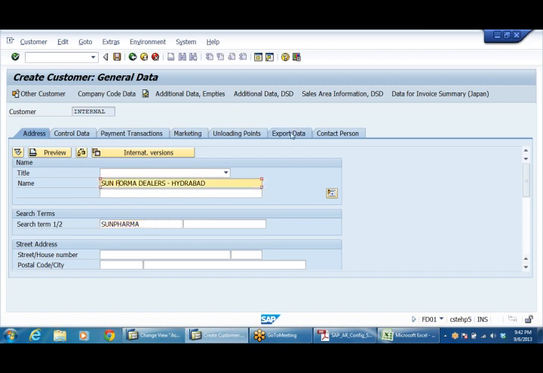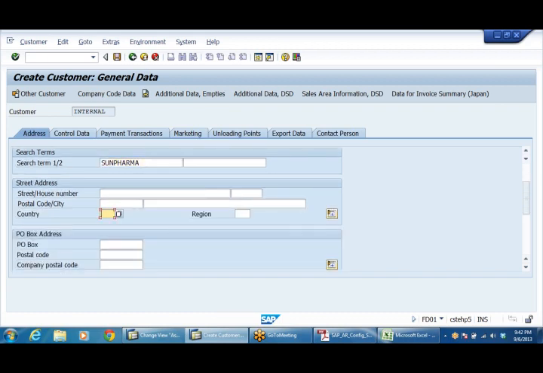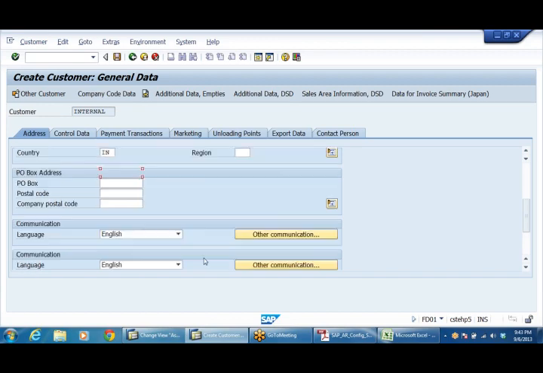Sun Pharma, PHARMA. Right, Sun Pharma dealers, Hyderabad. And this is 1, 2, 3, 4, 5, 6, 7, 8, 9. Maximum 10 digits it will take here. Search term. I can take country India. So here it is going to be Hyderabad, and some number I can take.